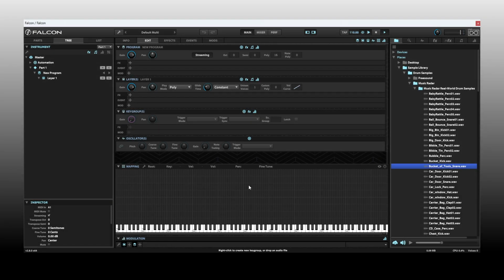Falcon is a very deep workstation, and with all of this power under the hood, there is a learning curve involved. So I wanted to put together a video that's going to include a handful of workflow tips for those who are just getting started with Falcon, or those who may have been struggling with getting started and developing a quick